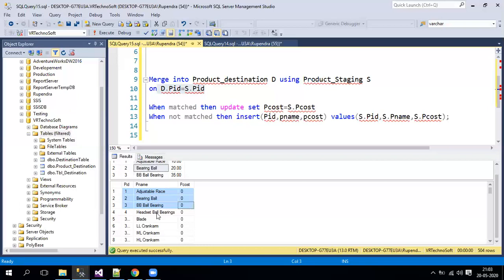Now how will you come to know which records are newly inserted and which are getting updated? We cannot scroll down each and every row and check it, right? Because there are almost 1 million or 1 crore records, it is very difficult to identify which records are inserted and which records are updated.